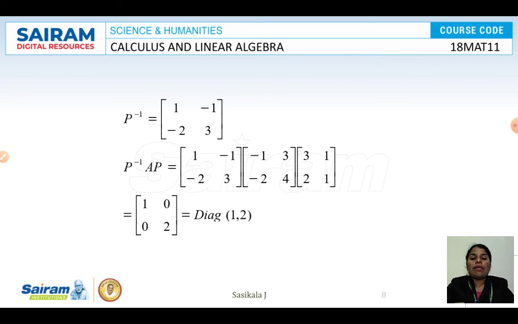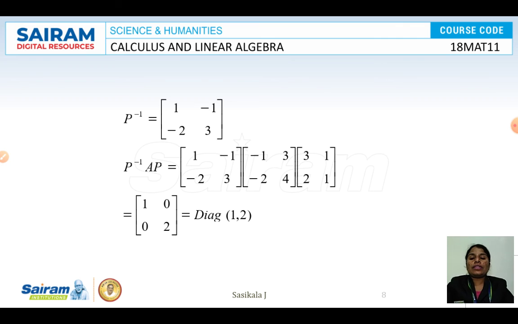So for the given matrix, to convert it to diagonal form, the first thing you have to do is use the characteristic equation with your identity matrix as well as your given matrix. Then you can get each eigenvalue, and you can get your eigenvectors. Then from the eigenvectors you can easily calculate P inverse. Once you have the P value, you can easily calculate your diagonal form.